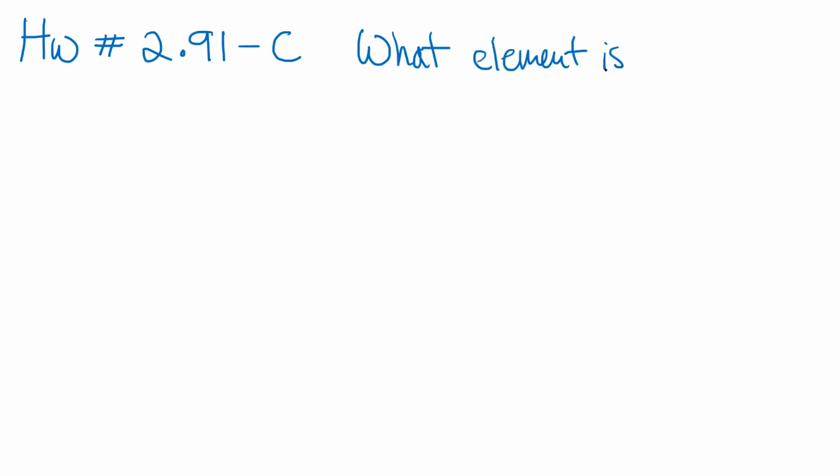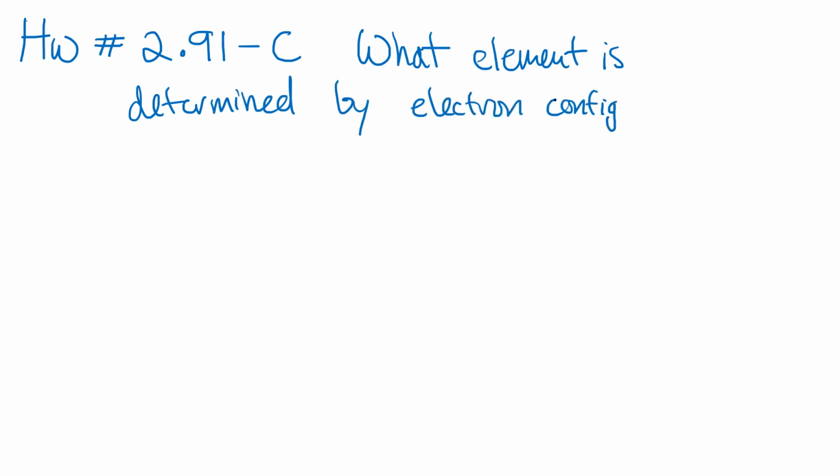This is homework question number 2.91, letter C. And the question is, what element is determined by electron configuration, I should say electron configuration ending in 4d5, 5s1. Okay, so given that question,